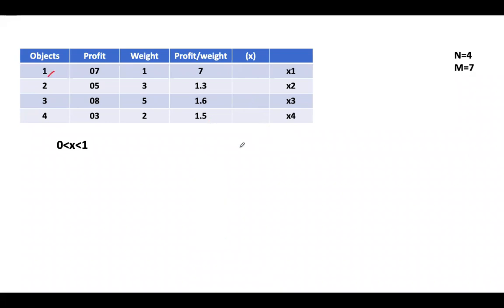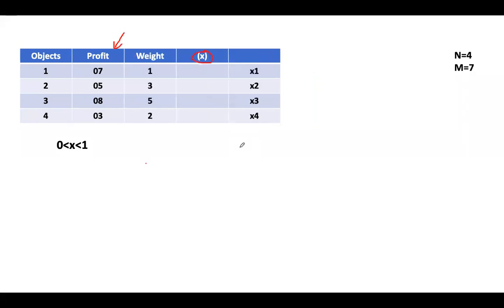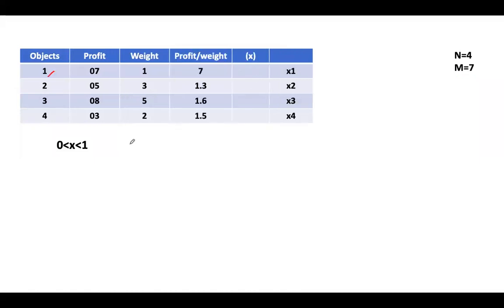Okay, one more time I will repeat. Someone has asked. See, the task is to consider 4 objects and fill them in a container which has the capacity of 7 kg. Its profit is given, weight is given. To consider the objects, we'll consider the ratio of profit and weight. First thing is we'll calculate the profit over weight ratio for each object. The profit weight ratio is nothing but profit divided by weight.